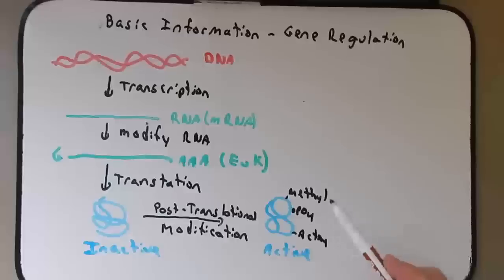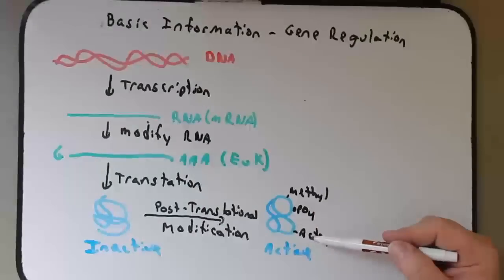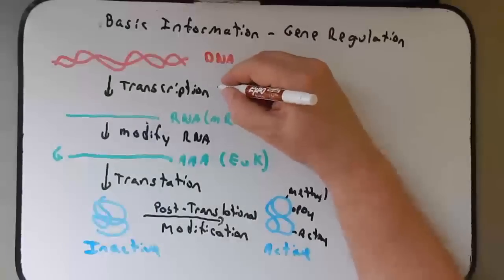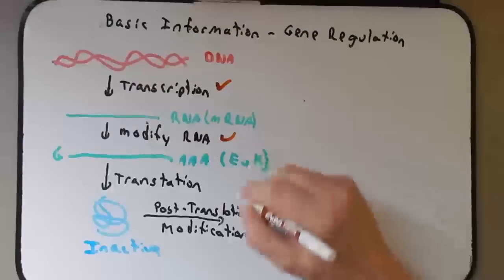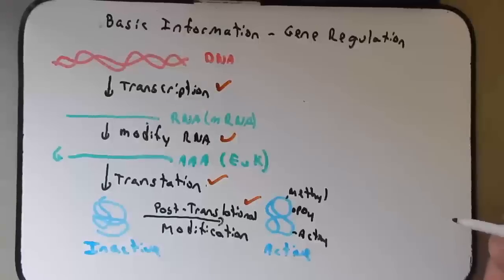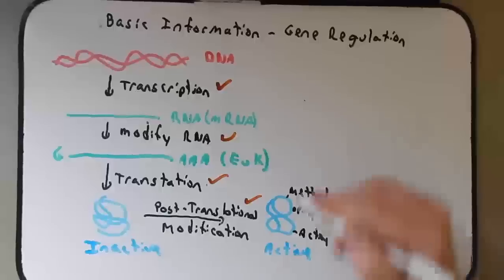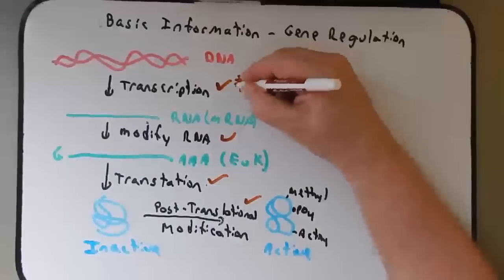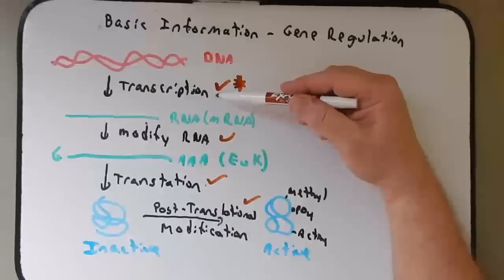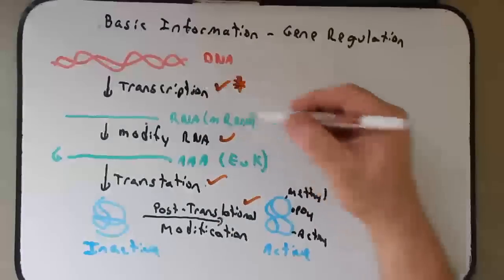Now, since the process of taking a gene that's on the DNA and making it all the way to this fully folded activated protein is a multi-step process, it's important to remember that gene regulation can occur at any one of these steps, as well as some steps that we didn't talk about. But this is a big picture of how that gene can be regulated, from the DNA all the way to the active protein. Now we're going to focus primarily on regulation at the transcription level, both in bacteria and eukaryotes. Bacteria primarily use transcription, whereas eukaryotes will use a variety of methods. But we're going to focus on transcription.